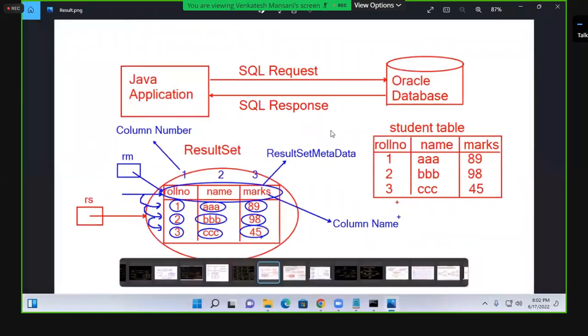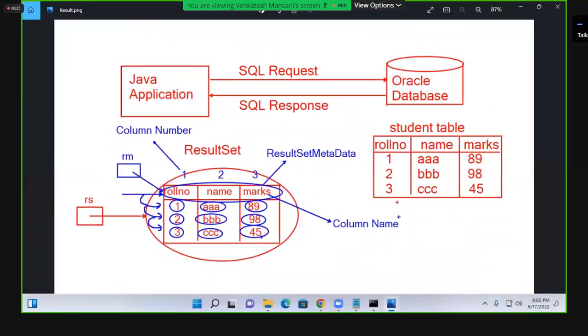This is the program you have seen. Whenever a result set object is generated, the result set pointer or cursor points to before the first record. You call the next method, control comes here, and it is printed. Again the next method, this is printed. Again the next method, control comes here, it is printed. After printing this one,